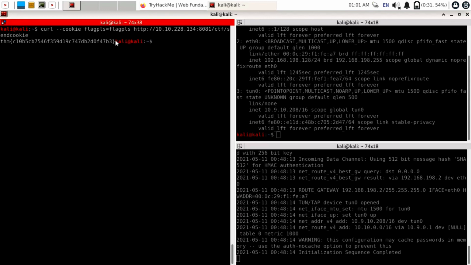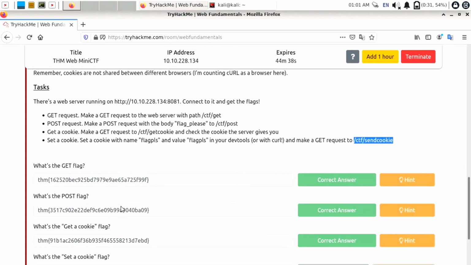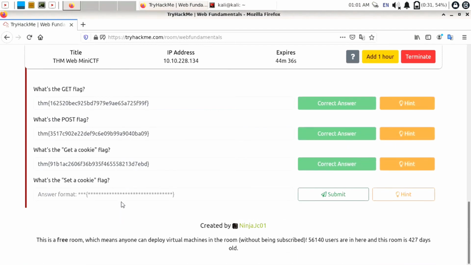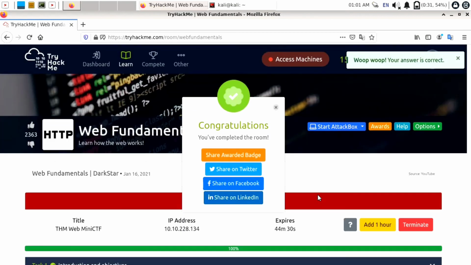We have successfully got the last flag. Copy this flag, open our web browser and paste that flag. Click on submit and we have successfully solved this challenge. So this is how you can solve the web fundamentals room.